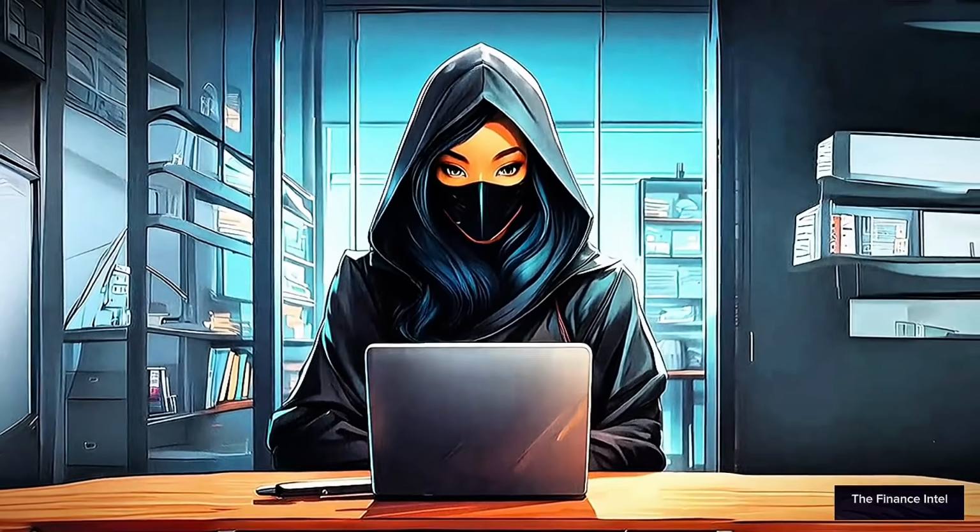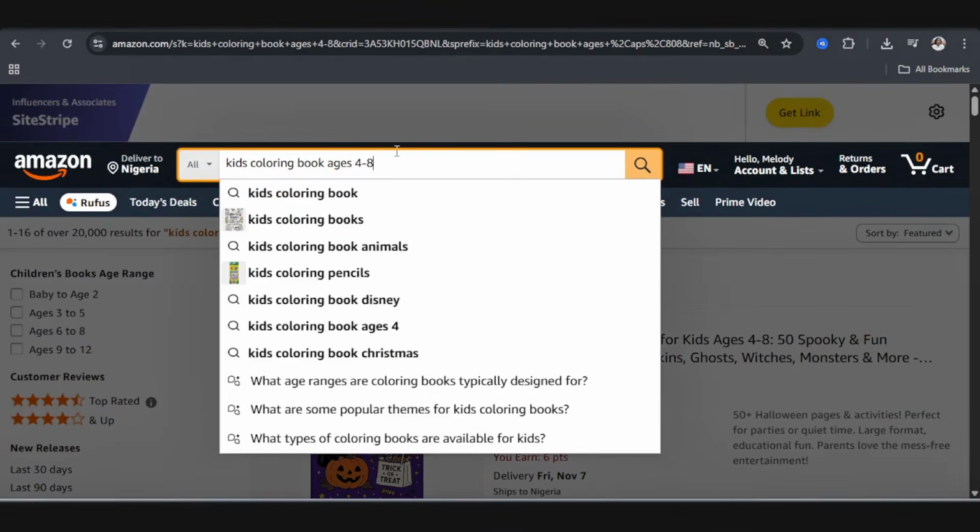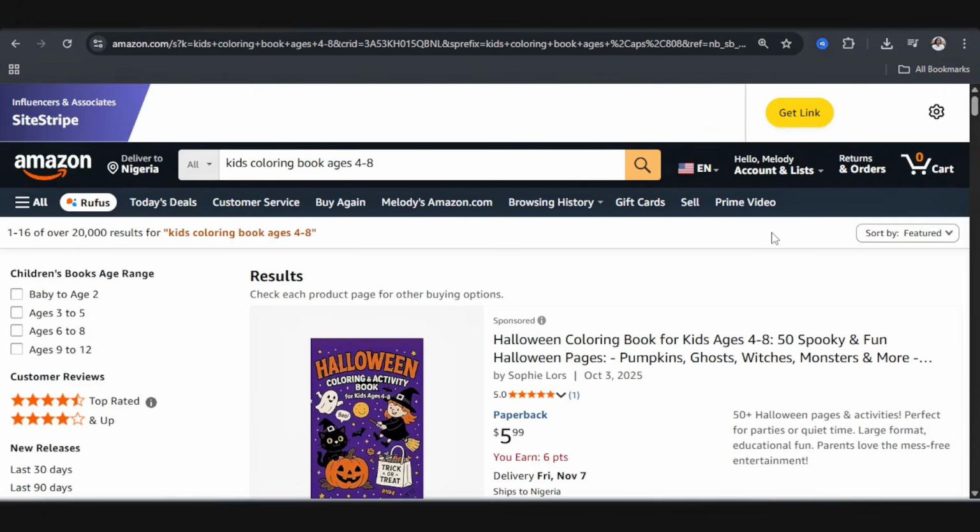And one way we can do that is by going to Amazon.com, and you can simply search kids coloring book ages 4 to 8. There are different kinds of coloring books that appeal to different age ranges, so you want to search and narrow down to the age range that you're actually looking for. So if I narrow down to kids coloring book ages 4 to 8, I can go ahead and filter by